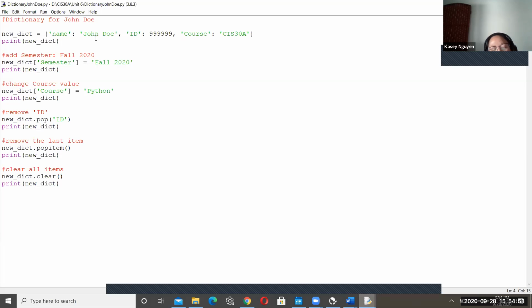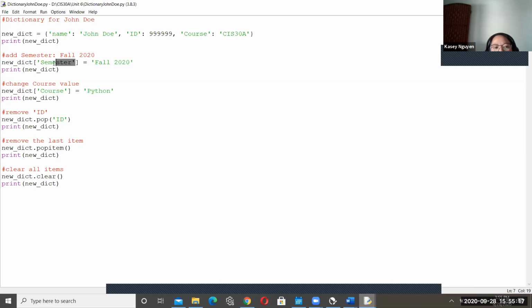Then I print my dictionary. As I establish my dictionary, there I declare and assign the values and the keys. Then I would add the semester fall 2020. So I would bring down the dictionary name, and I would use the square brace,